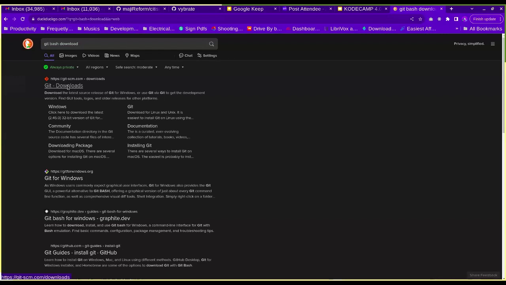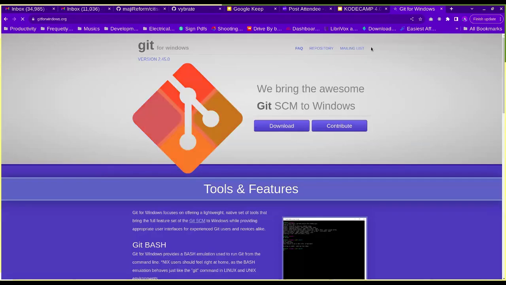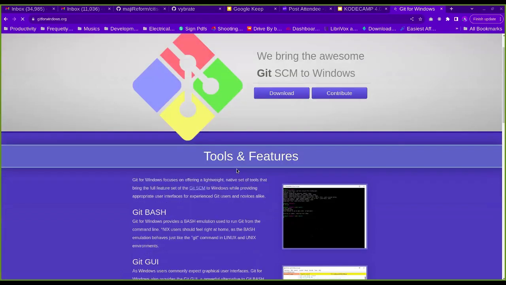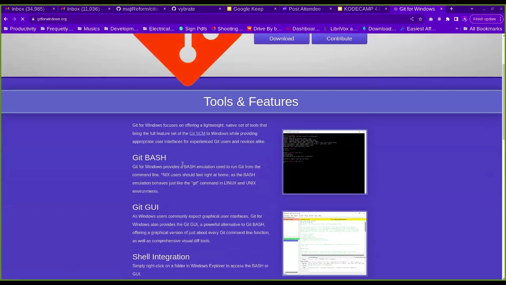You then click on it. Or you can use Git for Windows. If you're using Windows, you definitely go for Git for Windows. Then you click on download to download Git for Windows.